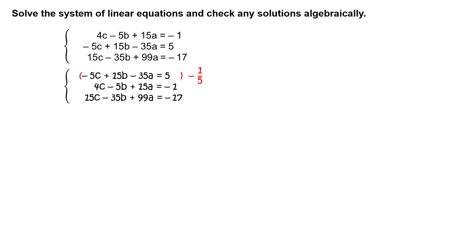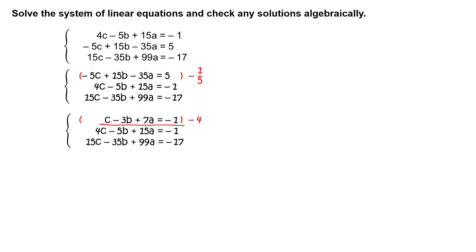So to walk through it, first multiply the first equation by -1/5. Now the coefficient of the c term in the first equation is 1. You are going to keep the first equation as c minus 3b plus 7a equals -1. You will only modify it to modify the other equations.